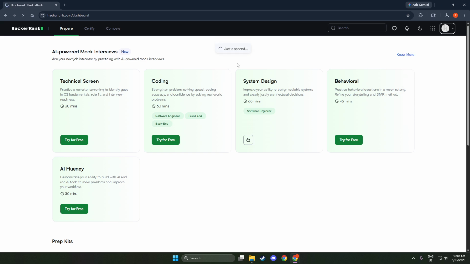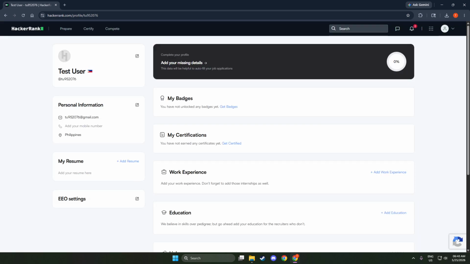From the menu, select Profile. This takes you to your public-facing profile page, which is exactly what you'll be sharing. Take a quick glance to make sure the page shows what you expect: your username, badges, certifications, and other visible activity. If something looks off, you can always adjust your profile details later, but for now, we're focused on getting the link.